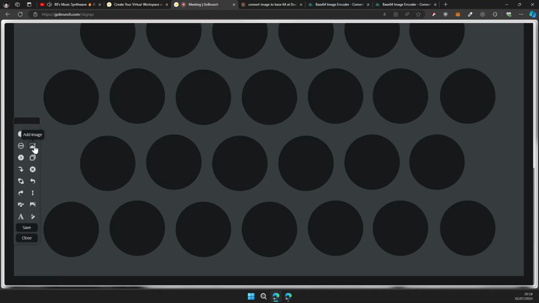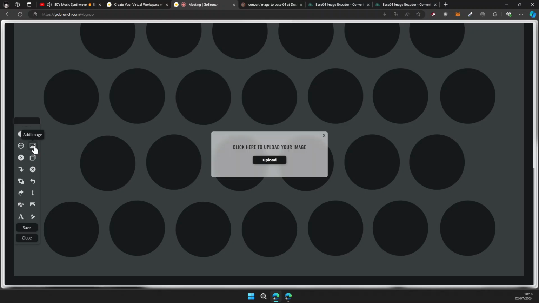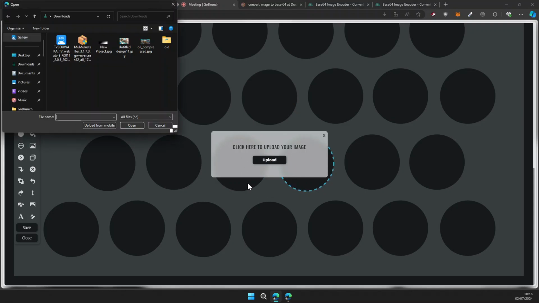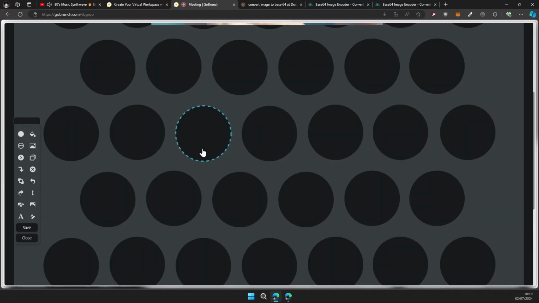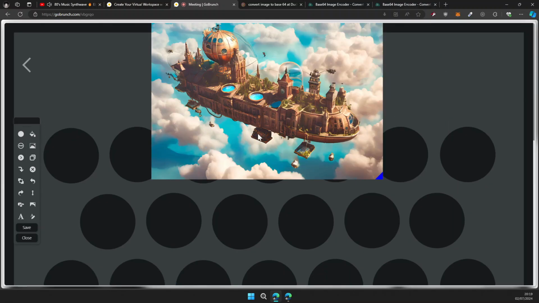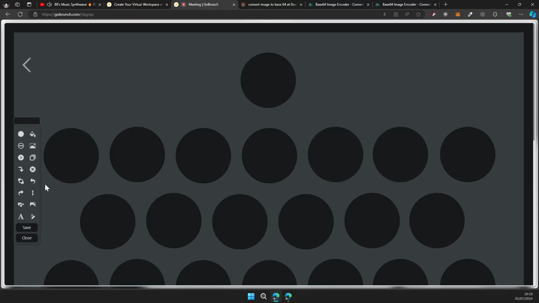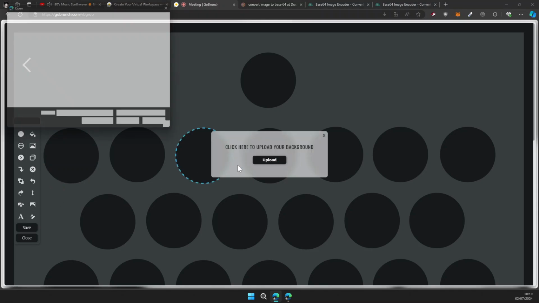Something though that you would edit seems a little bit silly in that it just isn't a default or a customizable option. For example, in this window, when I do upload an image, oh, I clicked the wrong button, it's not what I wanted to do. When I do upload the background,